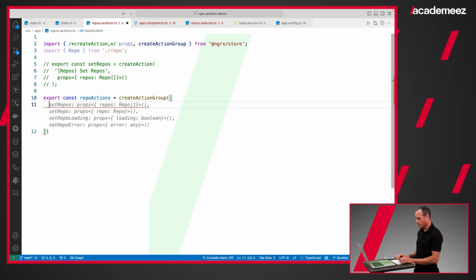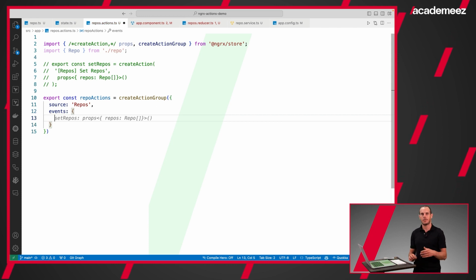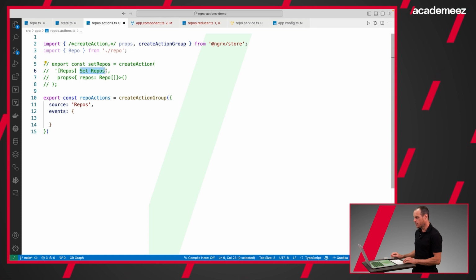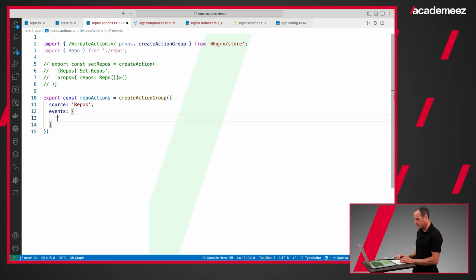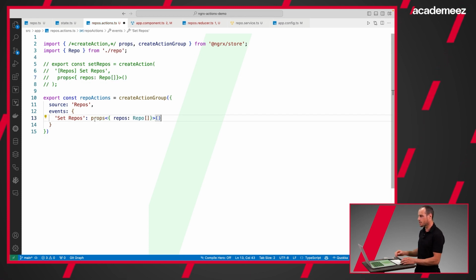createActionGroup gets an object. The object gets a source, which is the name of the group. We'll name it repos. And it also can get events, which is our list of multiple actions. So we have one action that is called set repos. Let's place this, which is getting these props here, props of the list of repos that we're getting from the